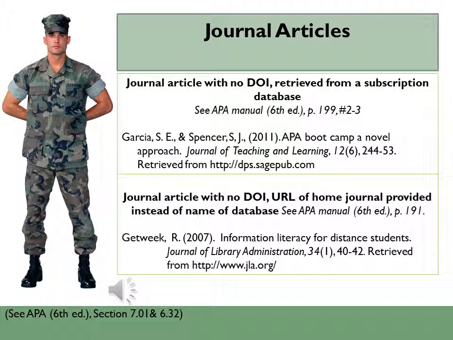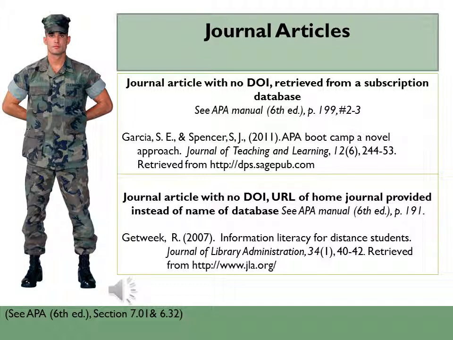If you look at the first example, APA Bootcamp or Novel Approach, this article came from the Journal of Teaching and Learning. Sage Publications is the actual publisher of this journal, and so you would just list the publisher's website. In the second case, the article is Information Literacy for Distance Students. This article came from the Journal of Library Administration. In this case, the publication is from an association or an organization website, and you would just list that as